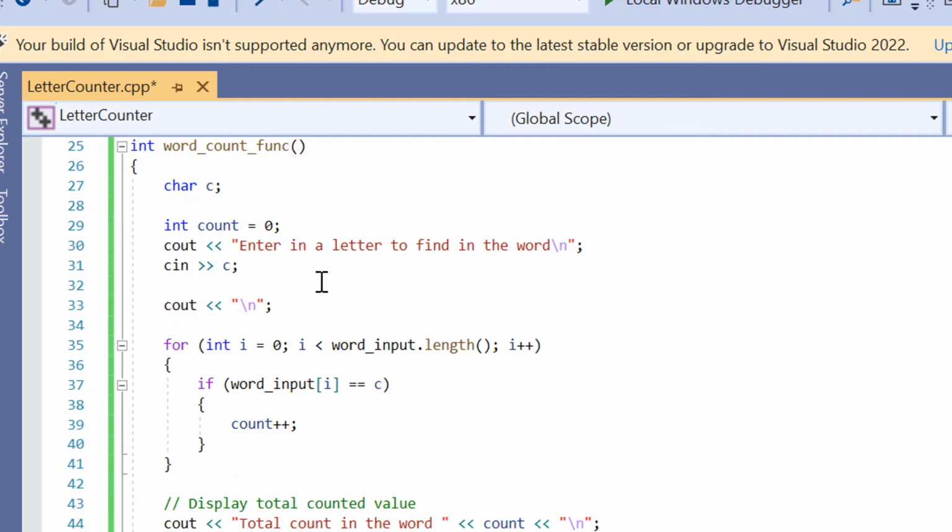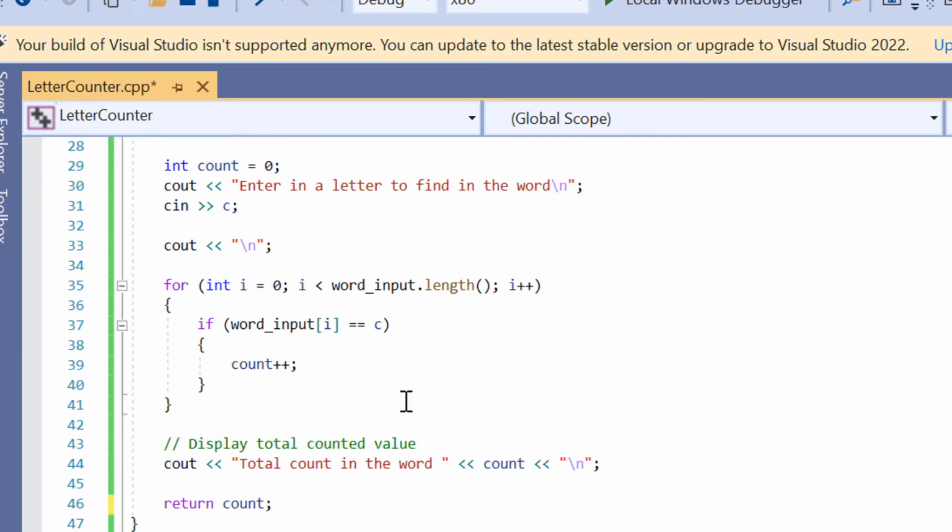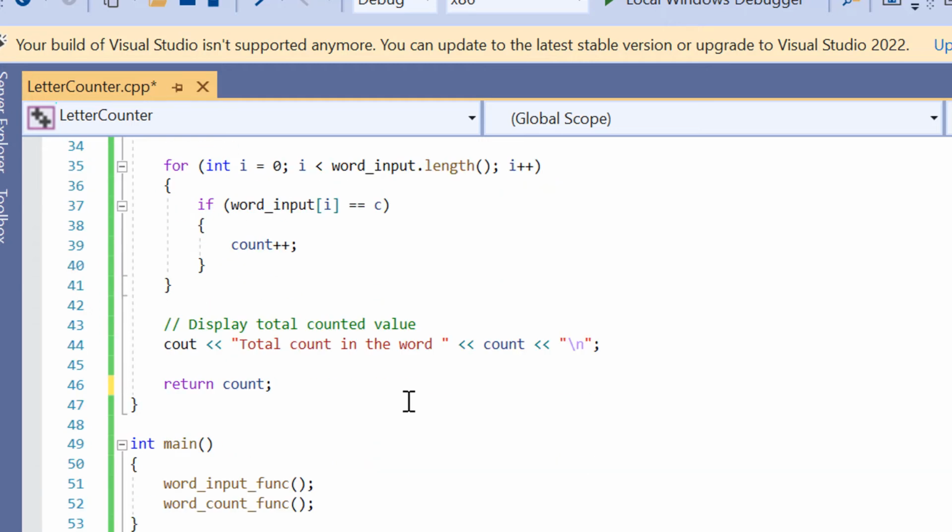It's going to ask the user for that on line number 30, and then the user is going to input it on line number 31 with the cin input. And then it's going to be using a for loop to get the word length and an if statement to see how many times that character exists within that word,